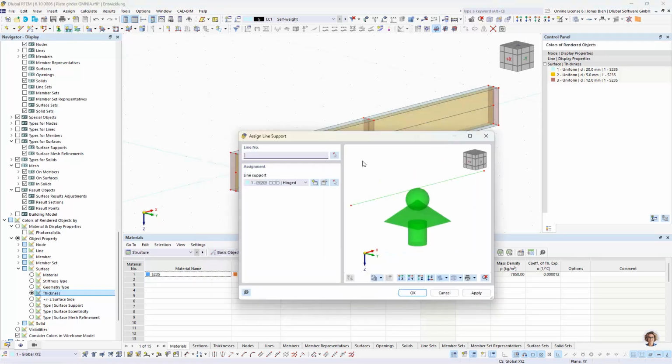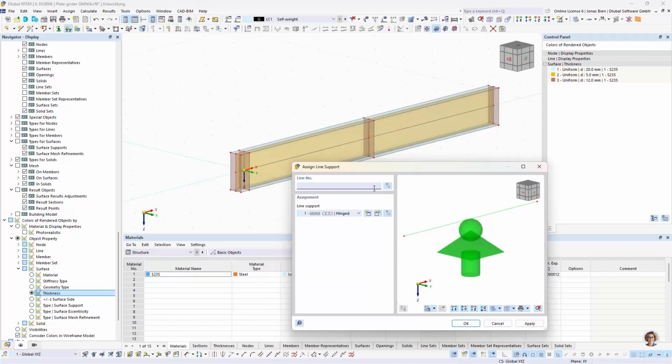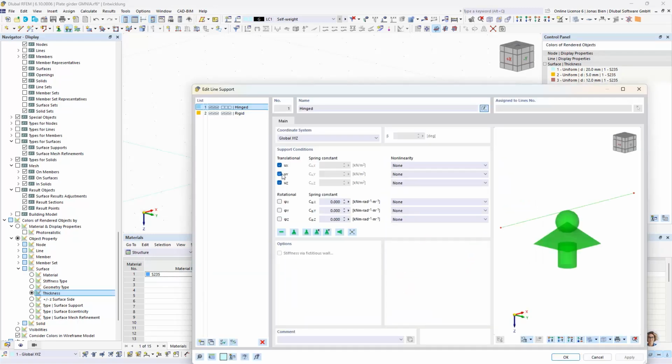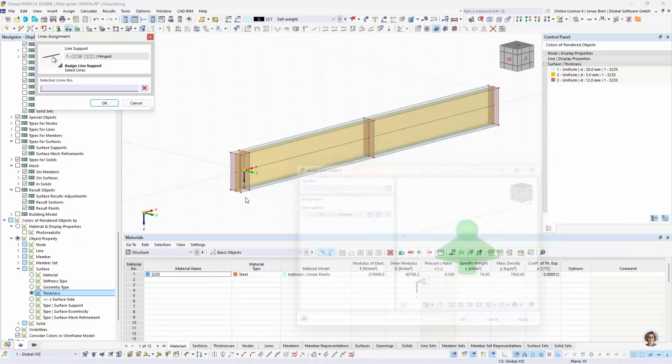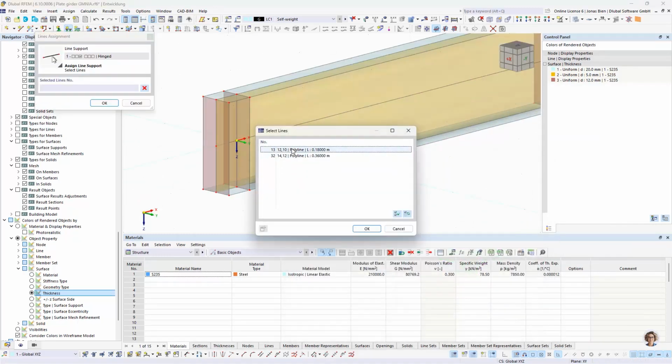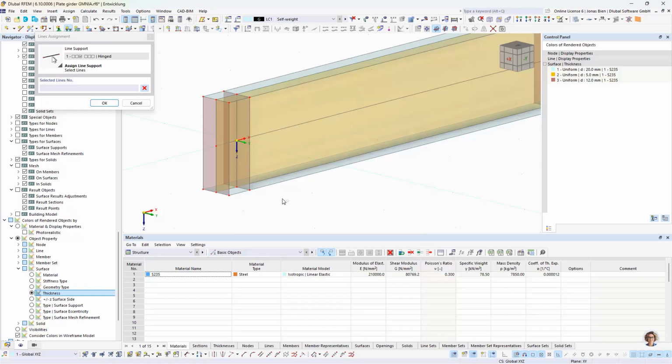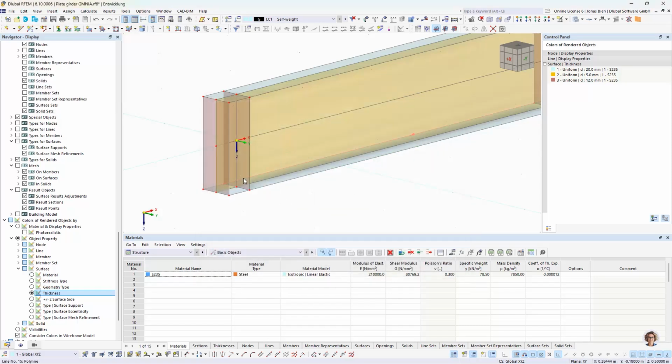And I want to avoid singularities at the vertical supports. So I try to use line supports at this second line of the stiffener here. And I just want to support this line in Z direction. I don't want to restrain any deformation along the line or in transverse direction. So I only support, I already see another problem because we defined those rectangular stiffeners here over the existing section